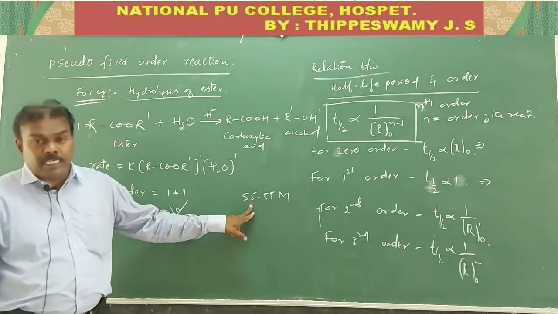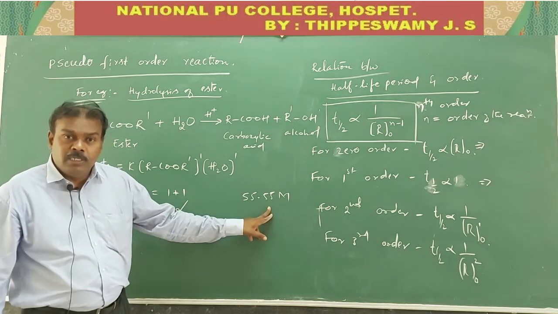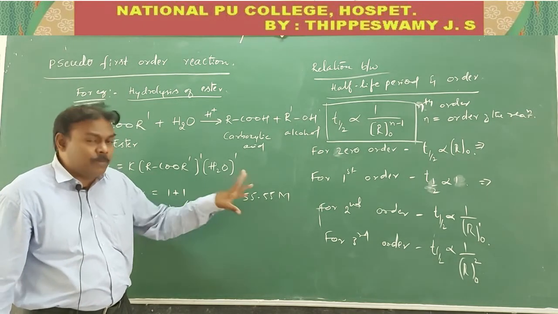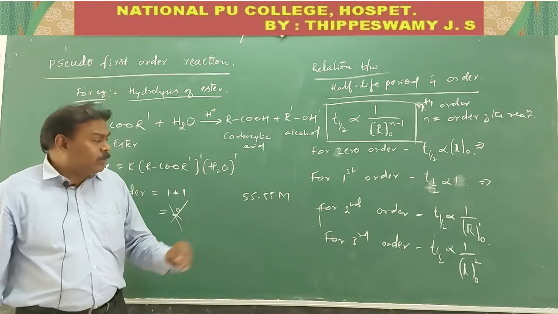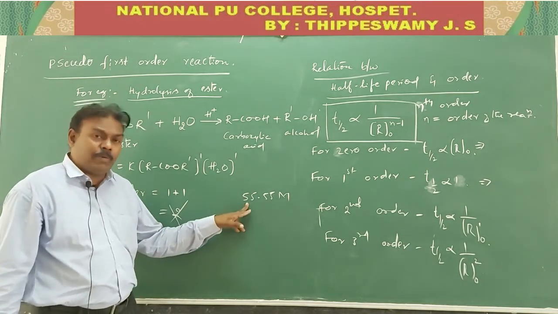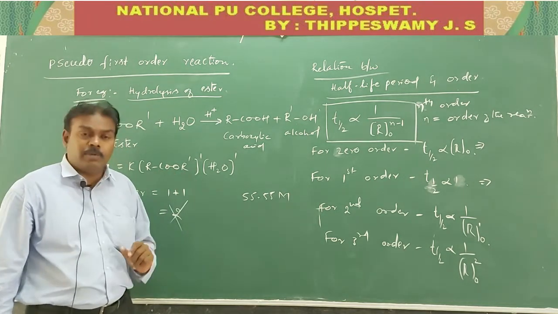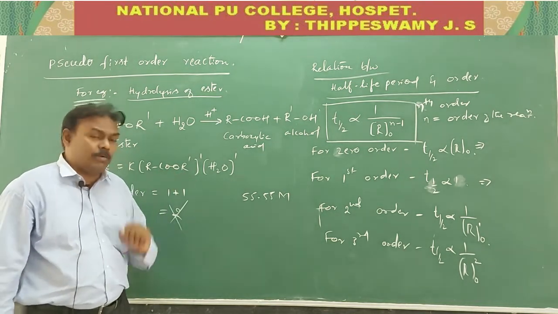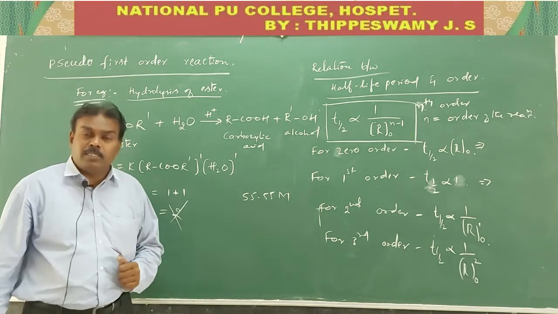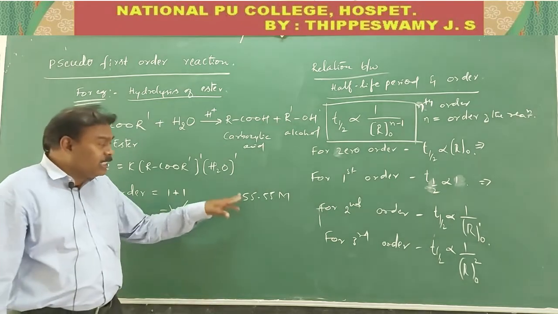Before the start of the experiment, the molarity of water will be like this. We have already studied that in the first year, in the chemical equilibrium chapter, why the molarity of water is 55.55. 1 liter of water is 1 kg of water, that is 1000 gram, divided by molecular weight 18 gram. 1000 by 18 gives 55.55 only. So this is the molarity of water.